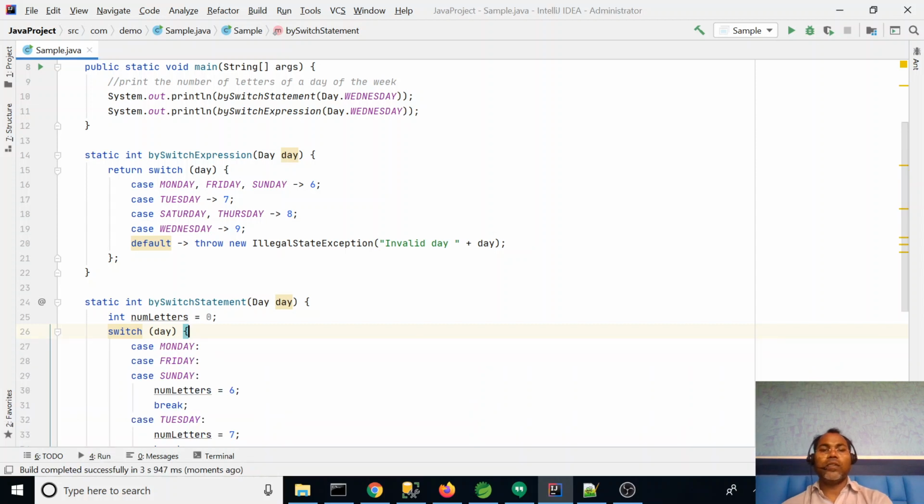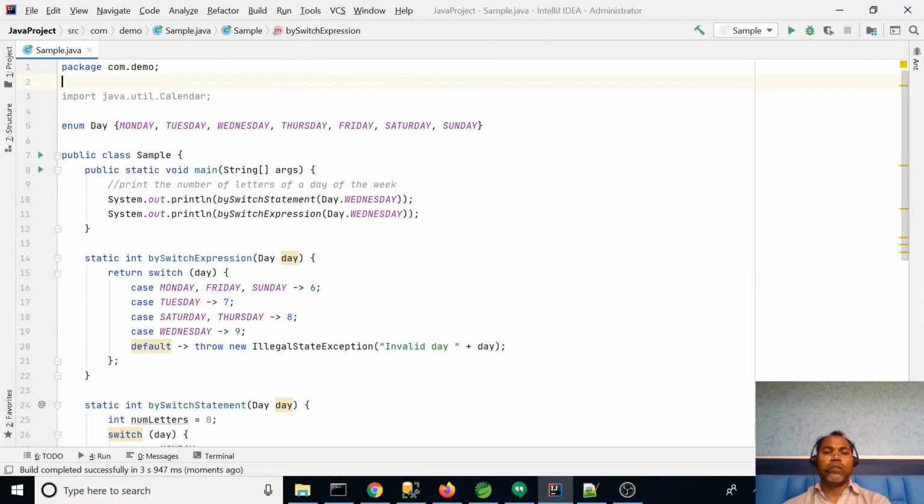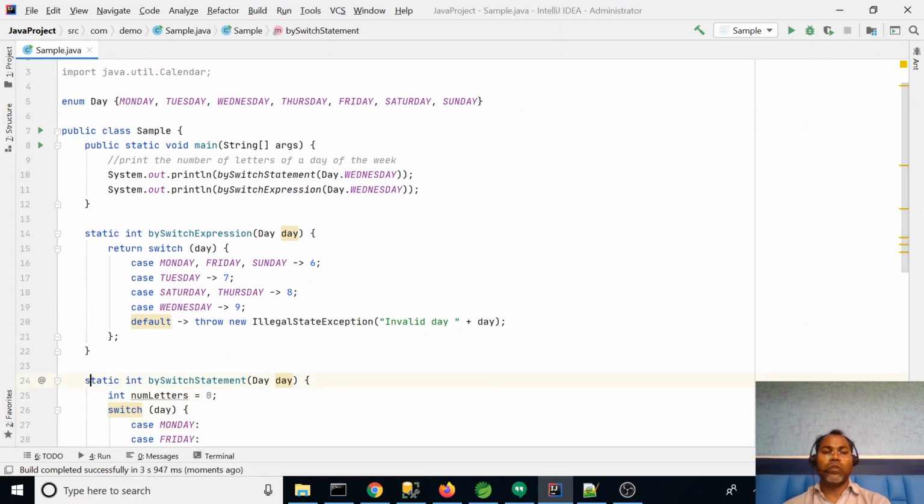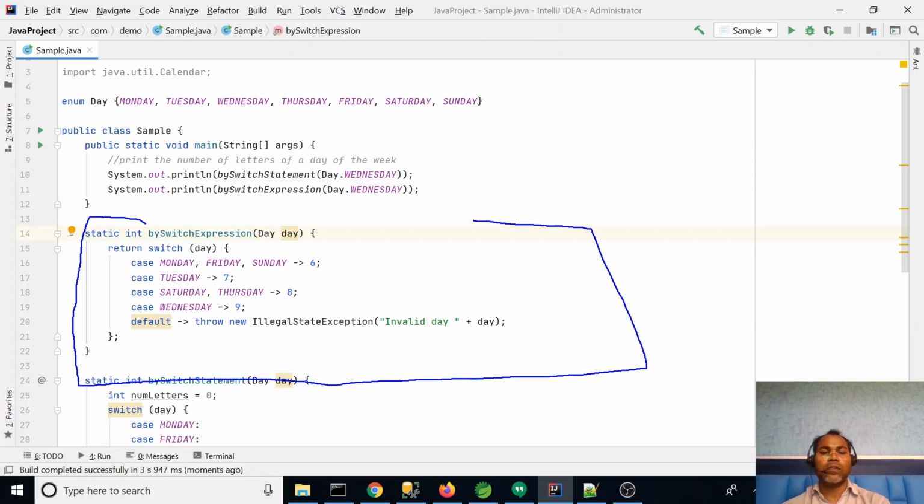Let's think about what differences you see. First, the code is so concise. You have written multiple cases, and one new thing here is the arrow. Whenever you write an arrow, you don't need a break, and the value is returned automatically.